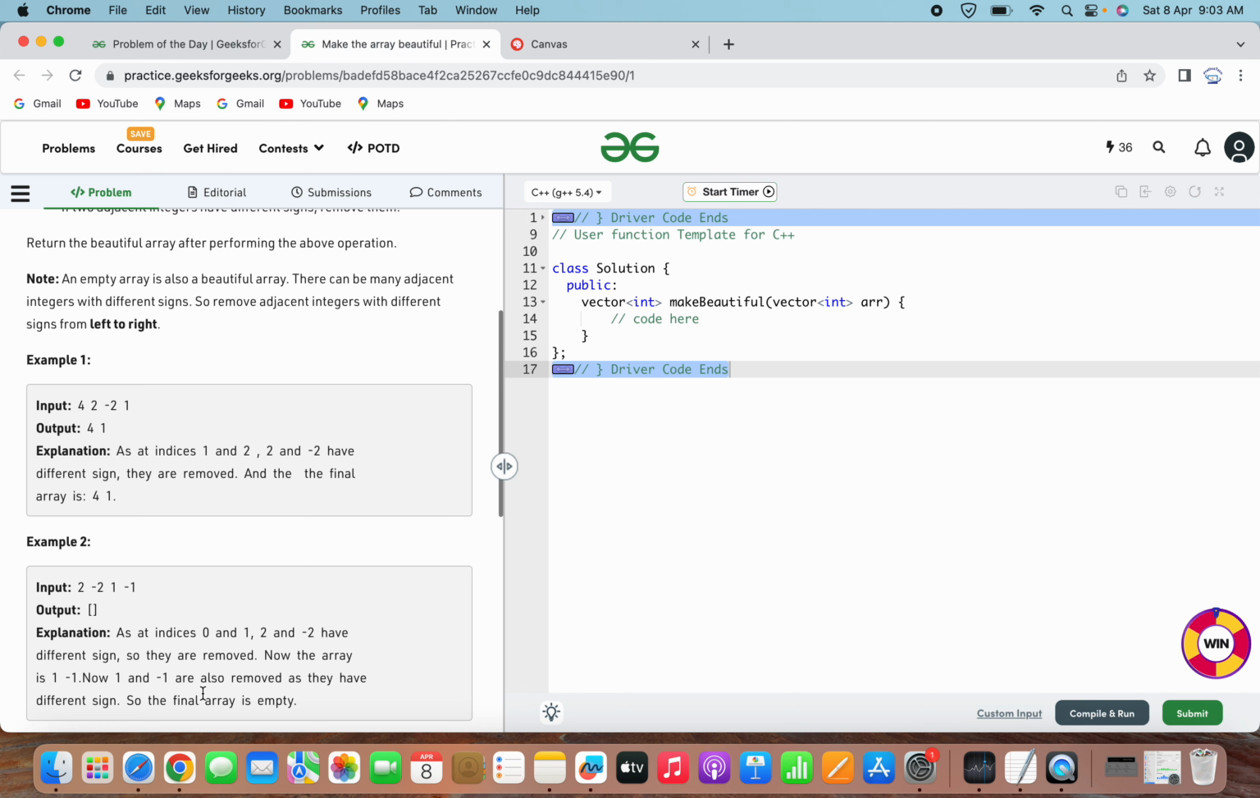As we have seen in the given statement, if while performing the above operations the array becomes empty, even that can be considered a beautiful array. So even if the final array has become empty, it is considered a beautiful array. Okay, so for solving this problem, the approach which we will use is to use a stack